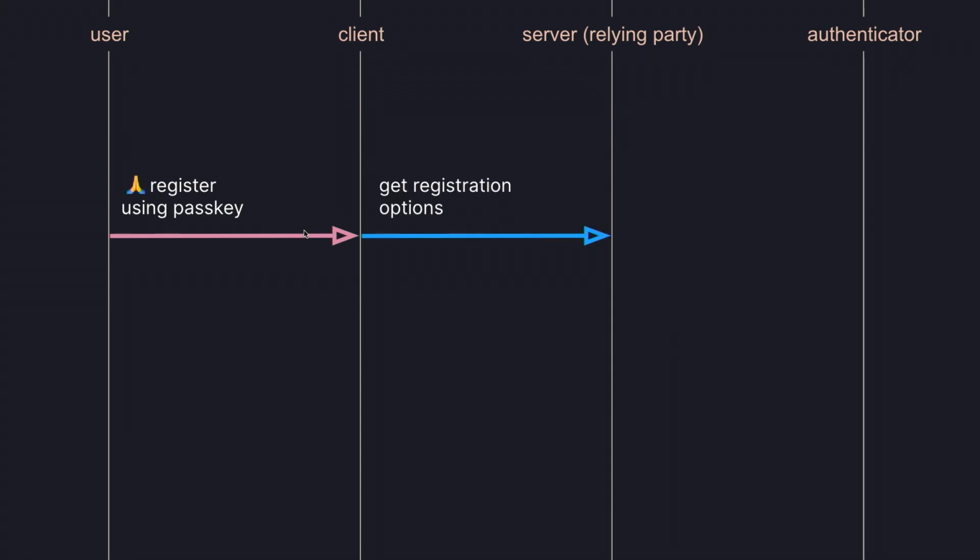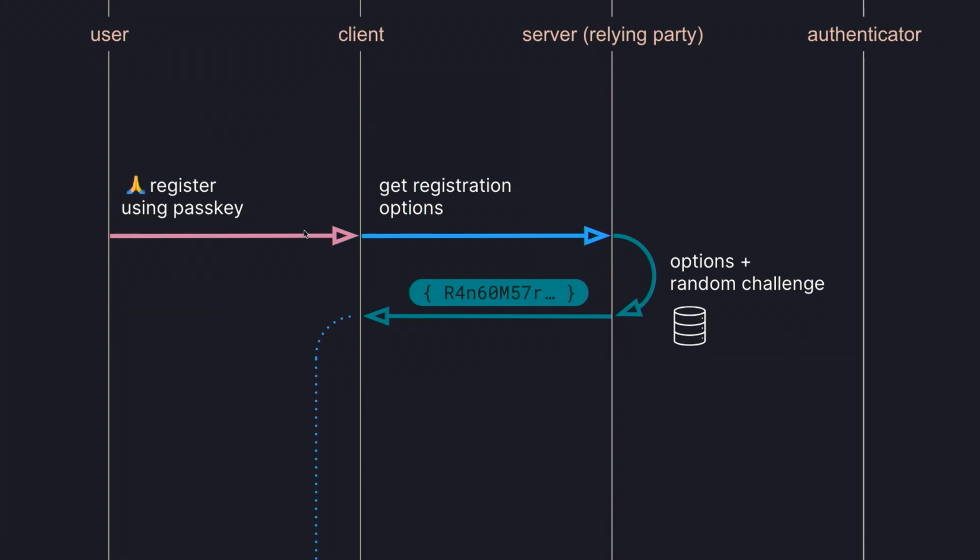That is as follows. So the client requests registration options from the server. That's an API call. The client requests these options via a fetch to the relying party, or the server, on behalf of the user. Now, the server is going to generate these options, which is a bunch of data, but usually the name and ID of itself, the relying party. And it's also going to describe what type of public key, which signature algorithms, which authenticators are acceptable.